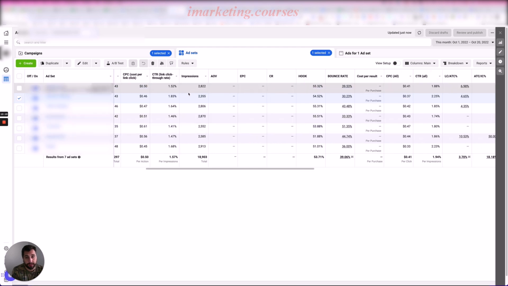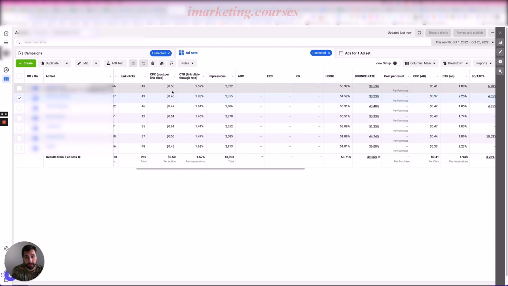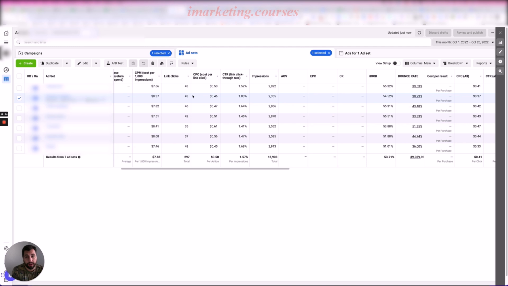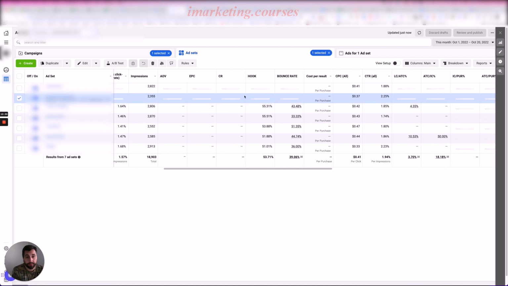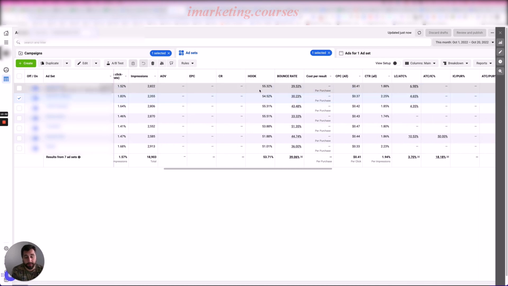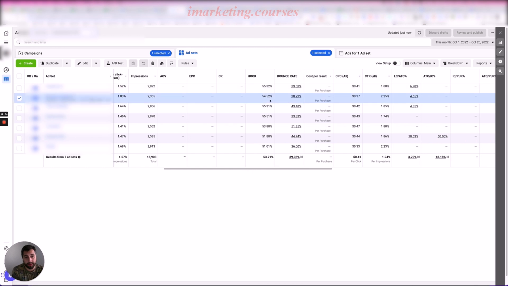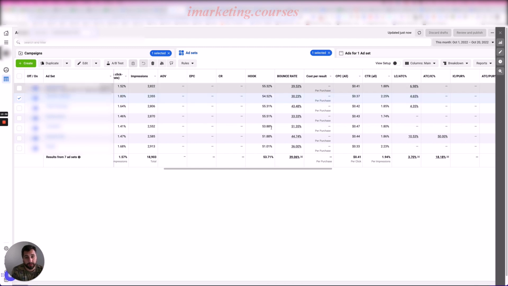But, okay, so now we know that people are clicking, we're getting cheap clicks. Our cost per click, our cost per thousand is all super low. We have good impressions. Now let's look at the hook rate. So now we look, this is basically telling us, is our creative doing what it should do? We want to see that this hook rate is 33% or better. And you can see that these are phenomenal. These are on average 53%. And if we go creative wide,